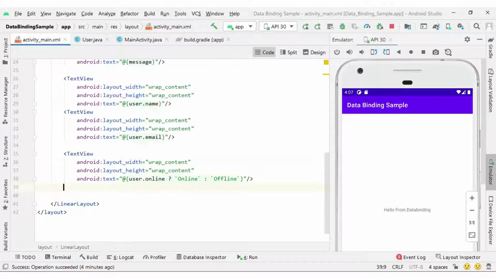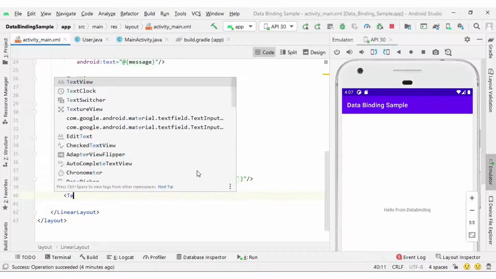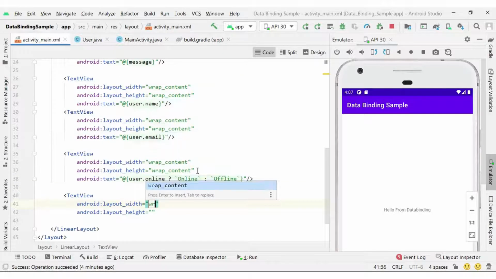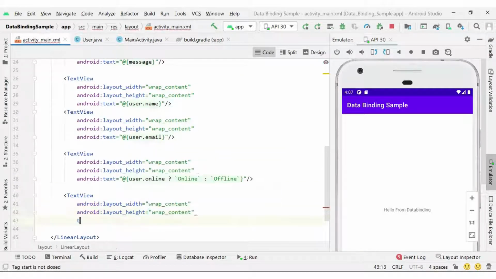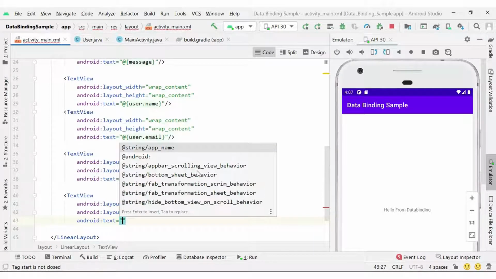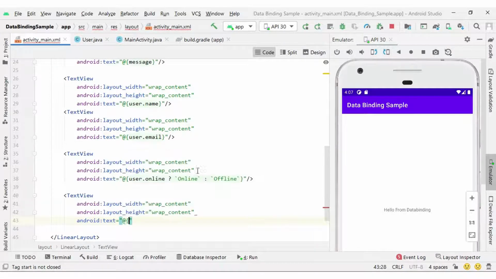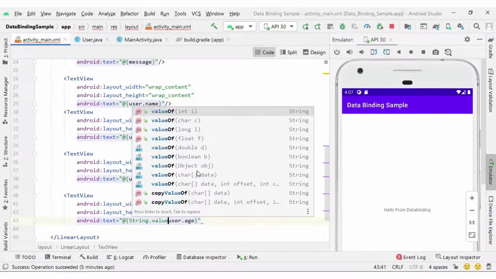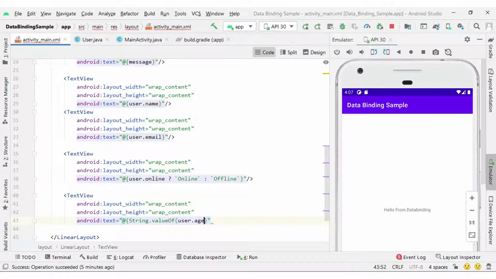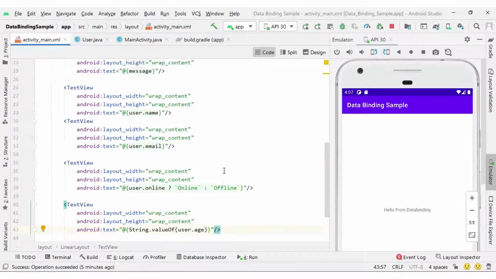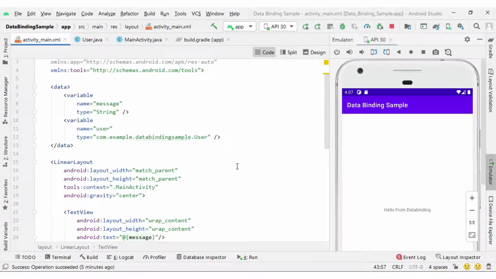Suppose I am going to display the age, then I can write a text view with wrap content, text @{user.age}. Again it is an integer, so I need to write String.valueOf, and inside the valueOf method I can set user.age. Okay, so this is done from my layout side coding.